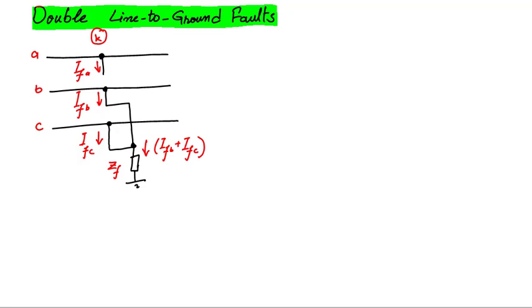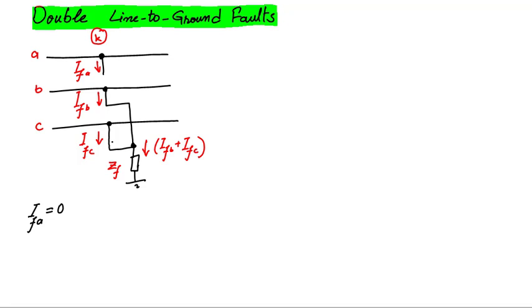So let's see what are the characteristics of double line to ground fault in terms of phasor currents and phasor voltages. First thing, as the fault is in phase B and C, the phase A fault current will be equal to 0. Again I am mentioning over here that these three identifiers for phase A, phase B and phase C are arbitrary. Any phase can be called A, B, C. So it means the results that we have derived over here are also applicable on phase AB or phase AC short circuit.